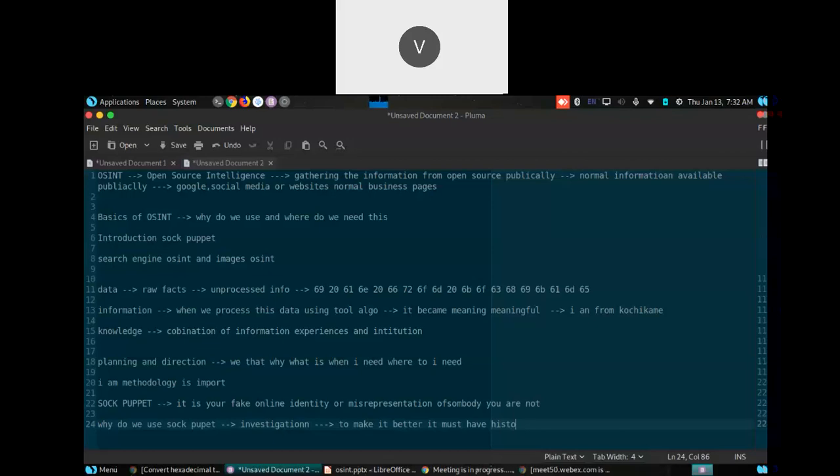So it should have a history, like content on Instagram and Facebook and all. Understand what a sock puppet is. The question may come to mind: why do we need a history for a sock puppet? Just to make it look more legitimate. If a person gets to know that someone is investigating and stalking them, and he finds out it is some sort of fake, then what do we say to that word,